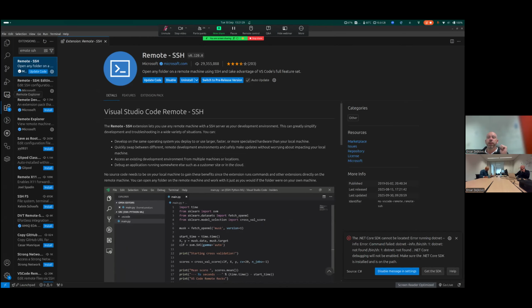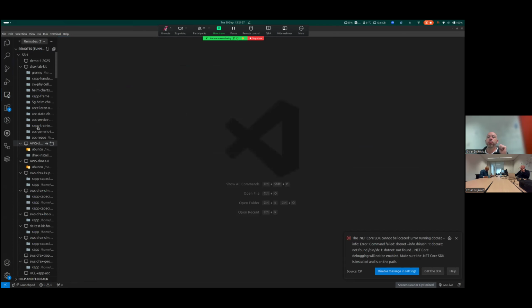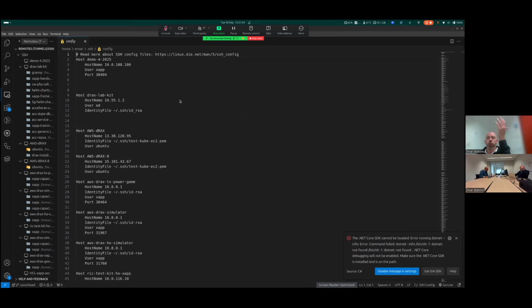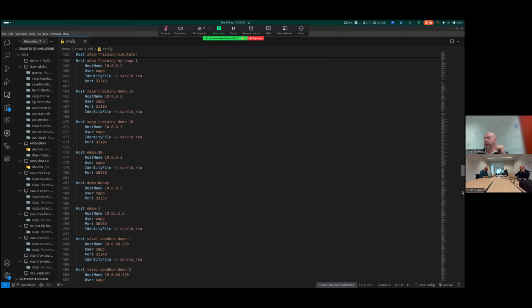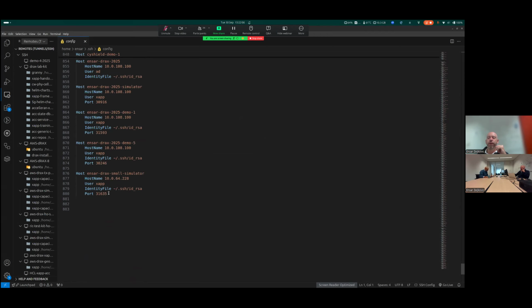It gets you another tab here on the left-hand side called Remote Explorer. If you click that, one of the first things here is my list of remote SSH machines that I SSH to. But the easiest way you can configure that is if you click the small cogwheel. This will allow you to edit your SSH config file, and this is where you can keep all your SSH details and configurations. Mine is quite long because I've done a lot of these kinds of demos, so bear with me.